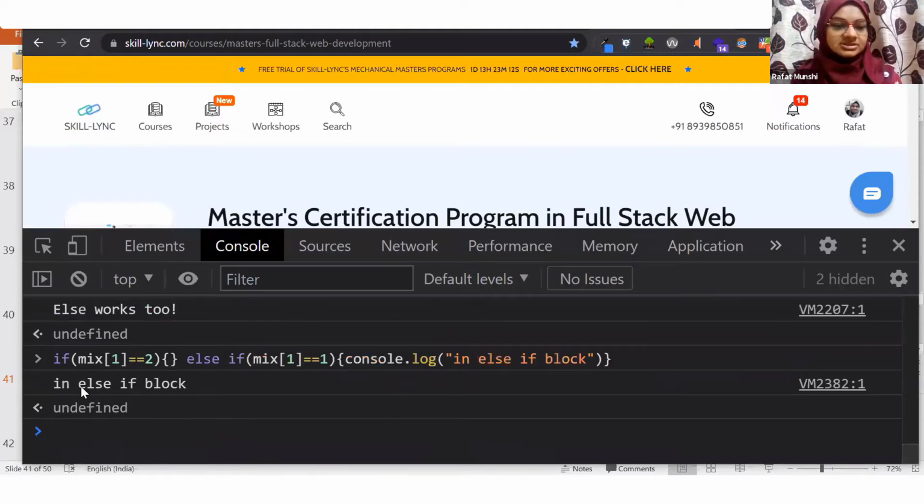And I press enter. You can see the output is in else if block. Why? Because initially, is mix1 equal to 2? No, it is not. So it will not enter this particular block, but it will check else. And now again it is checking if mix1 is equal to 1. Yes, it is equal to 1. Then console.log in else if block. Okay. So this is the if statement and else if statement.